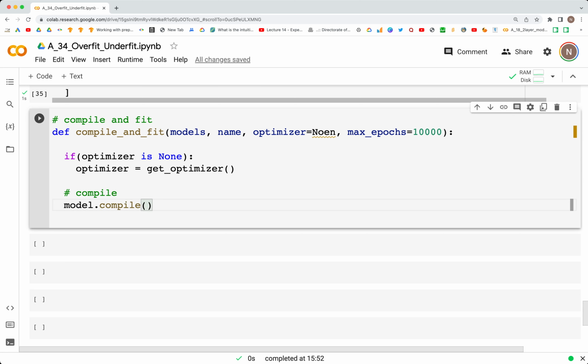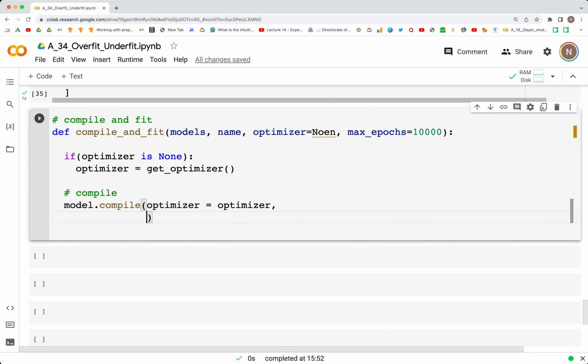model.compile, optimizer is equal to optimizer. The next thing is loss is equal to tf.keras.losses.BinaryCrossentropy, and in parentheses we specify from_logits is equal to True,